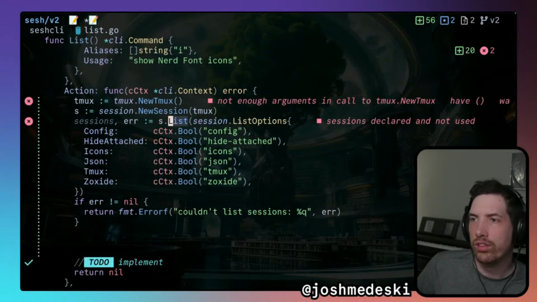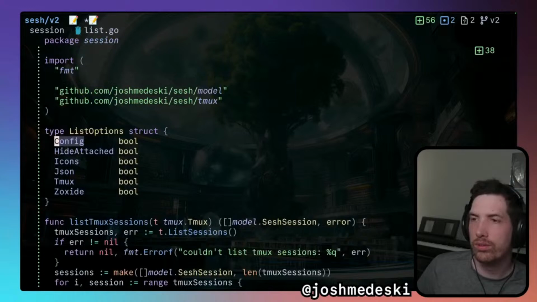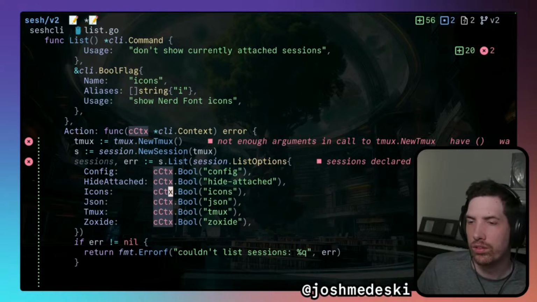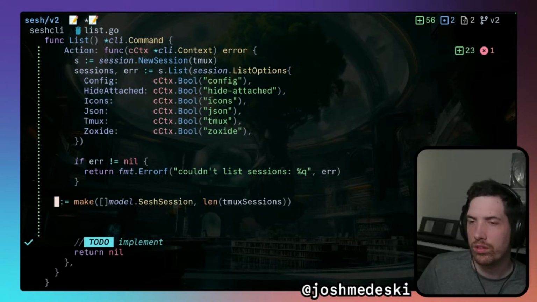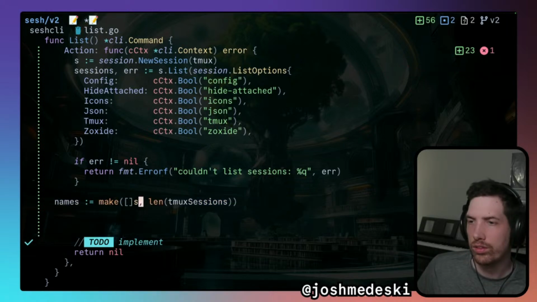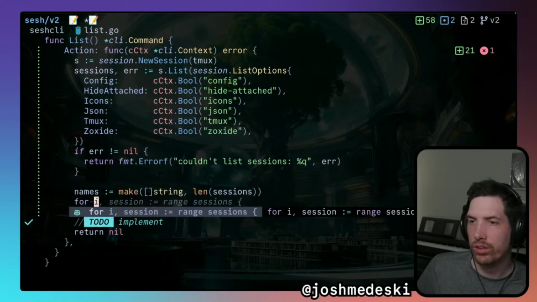This is also fun. So basically I need to list. We're going to recreate this. Names. This is just a string from sessions, and then for